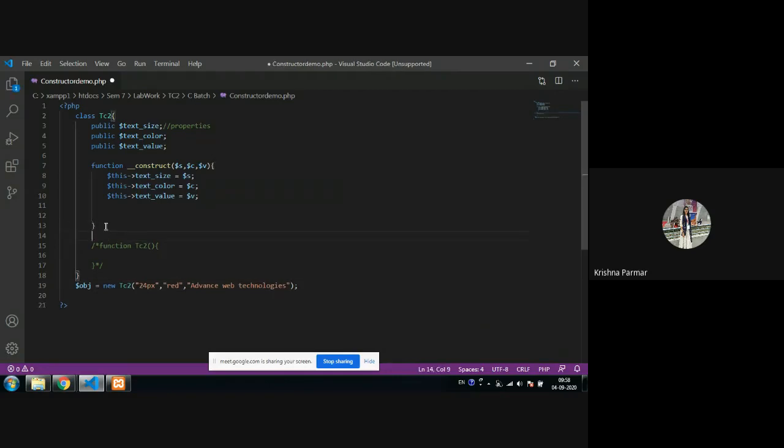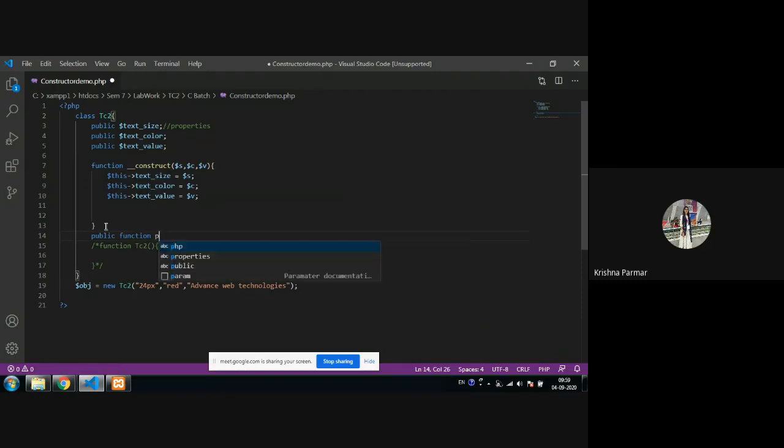Now I'm creating the method. In that method, I don't want to only echo and display; I am also applying some CSS to my text. So I'm creating the function. How can you create a function? First is a public, private or protected access specifier, then the function keyword, then the name of your function.